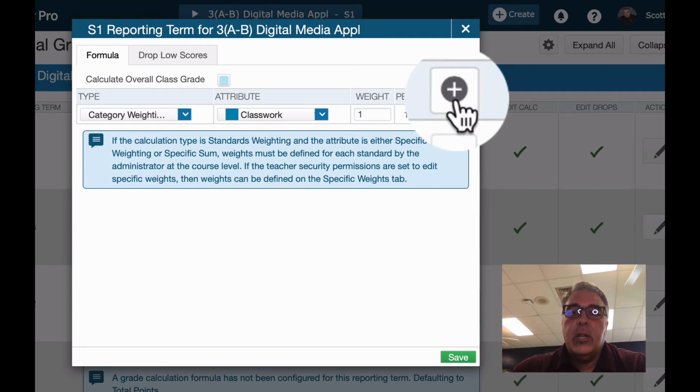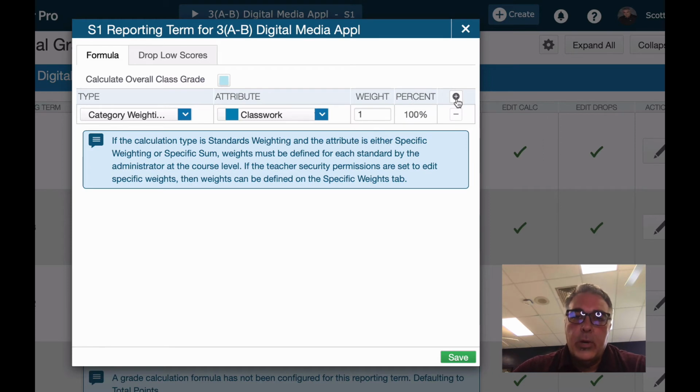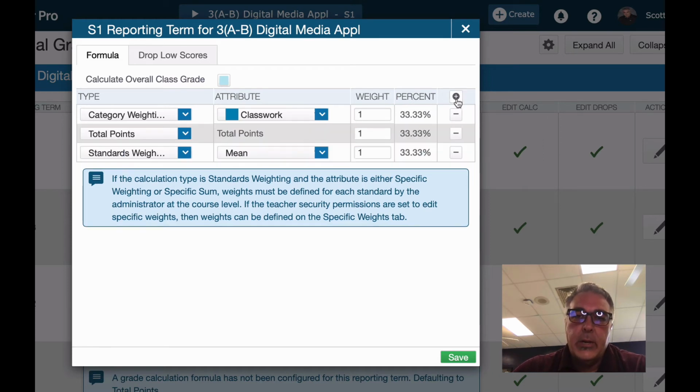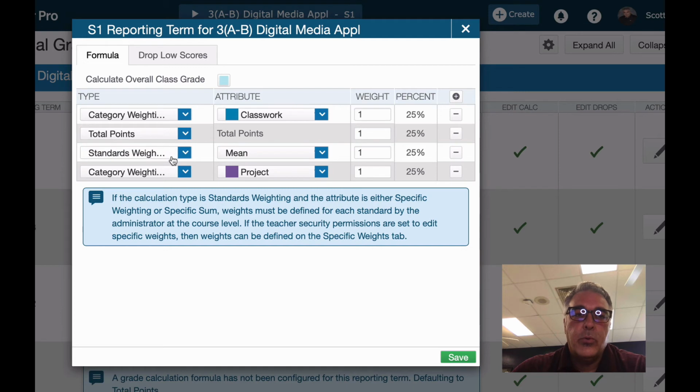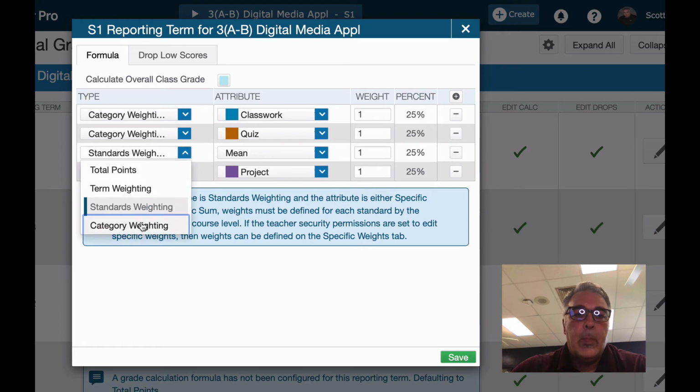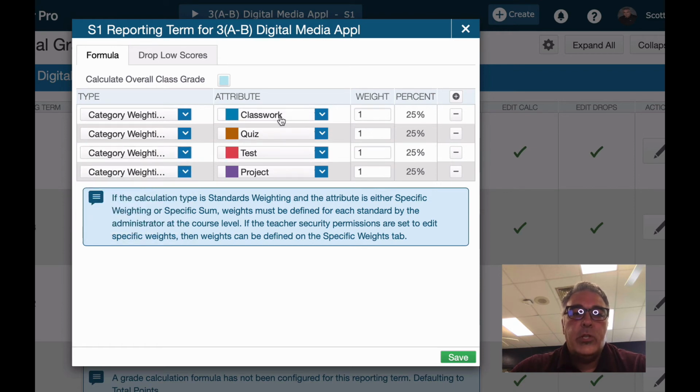Now, this little plus sign here allows you to add multiple categories. So if I have 4 categories, I'm actually going to hit this 3 times. So I have a total of 1, 2, 3, 4 different options here. And I want every single one of these to be set to category weights. And I want to make sure that I choose the categories that I want,